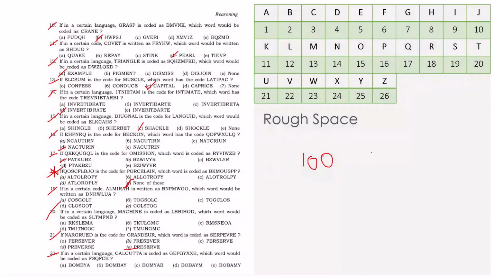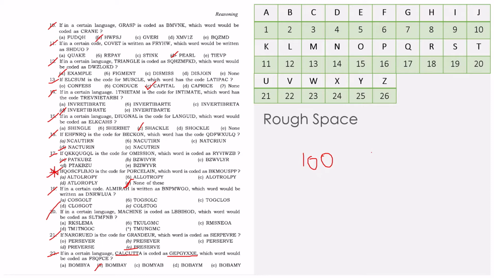Okay, that's not a problem. So if you check that over here, Calcutta and GEPGYXXC, 90% of the people, as I know, will solve the question. And the remaining 10%, genius level intellects, what they'll do is, this is a Calcutta, the proper word, and this is a random word, and this is a random word. So whichever the proper word is there in the options, the intellects will go for option B. But that is the major problem they'll face in the NTSE examination.